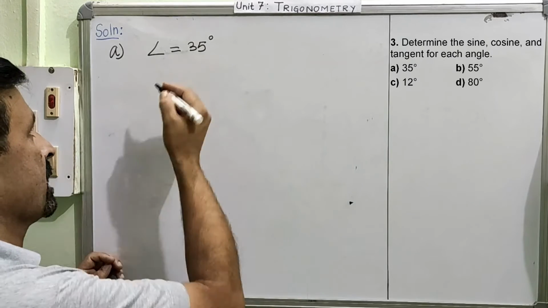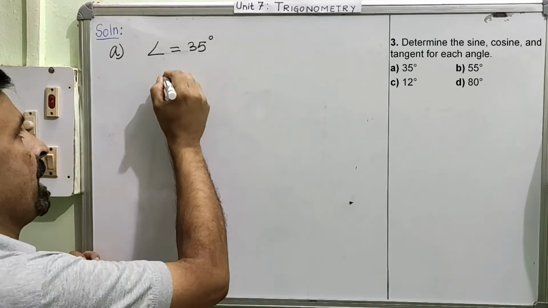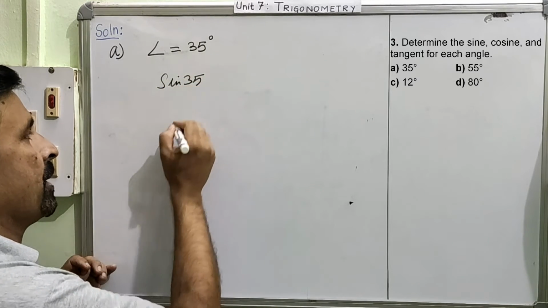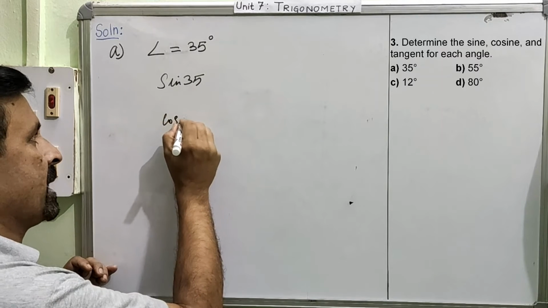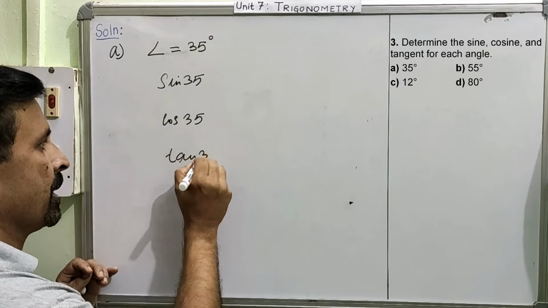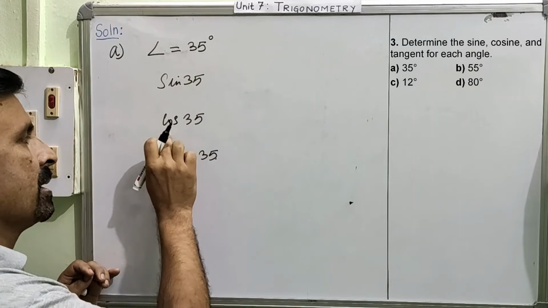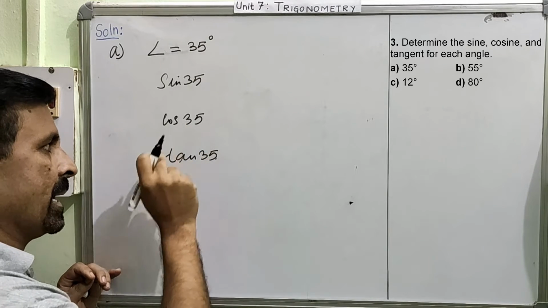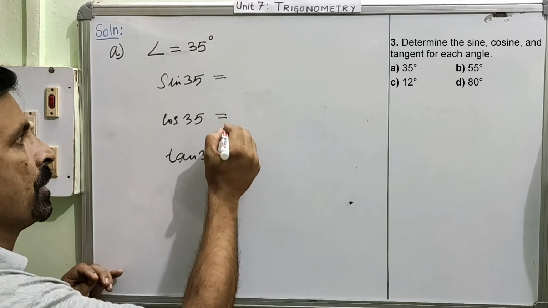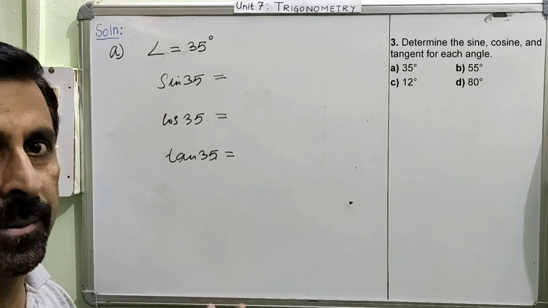Okay? So I will calculate. I will show you first of all what will be your responsibility. What will be our responsibility is sine of 35 you write down. Right? Then you write down cos of 35. Right? And then you write down tan of 35. Now that means you are going to calculate the value of this trigonometrical ratio for this angle, value of cos at 35 degree angle and value of tan at 35 degree angle. Just put equal to sign. Clear? This will be your work. This will be your part. And after this the remaining will be done by the calculator.